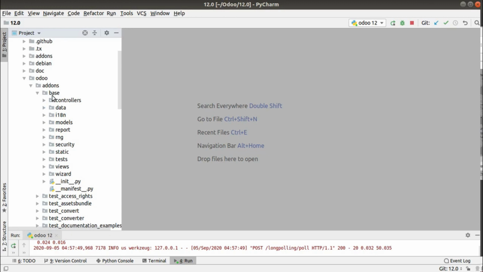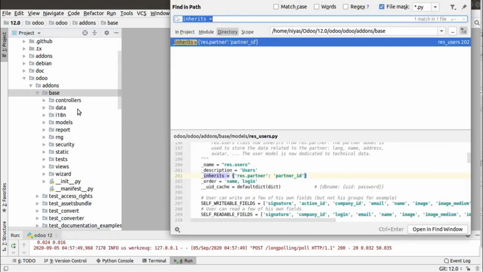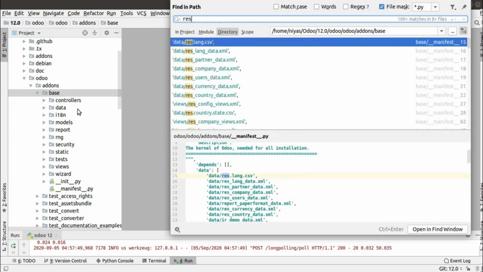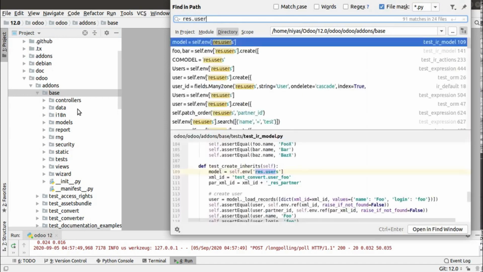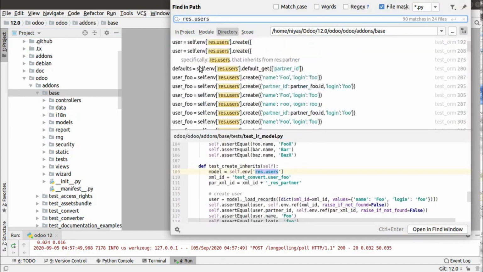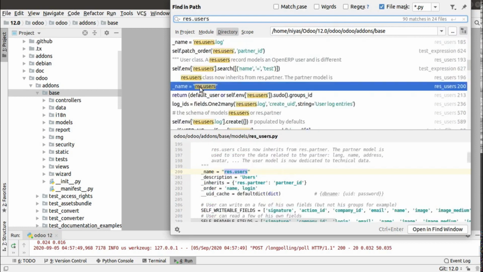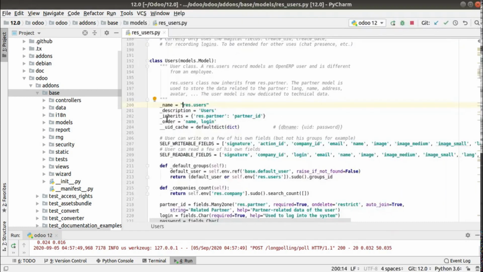Inside this, I think the model res.users is defined. Searching for the model res.users, here you have the model, and here you can see they have used inherits res.partner with a partner_id field. So a partner_id field will be there inside the model res.users.